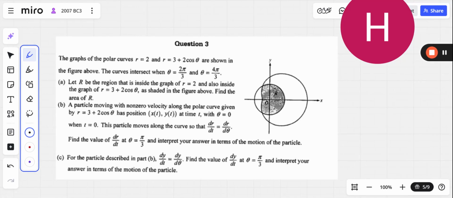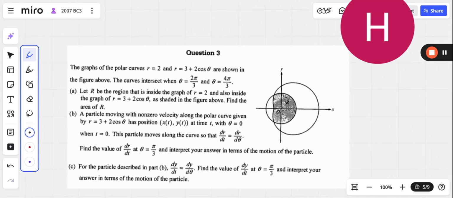Okay, in any event, this is a BC question. It involves polar curves and calculus with polar graphs. So if you're in AB, sorry to say, you are not welcome here. I'm just kidding. You're absolutely welcome here. But you probably won't really understand what's going on. So you can be a keen observer if you'd like, but for the rest of y'all in BC, go ahead